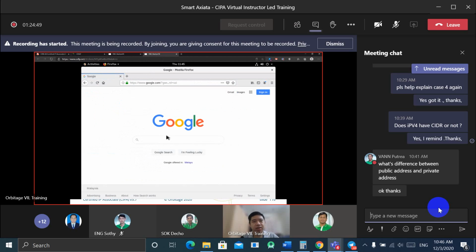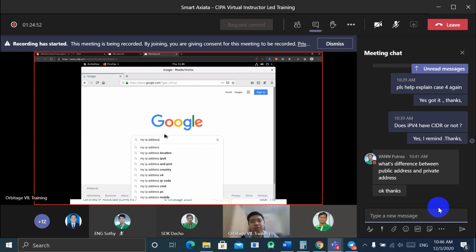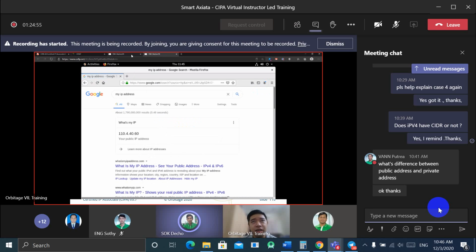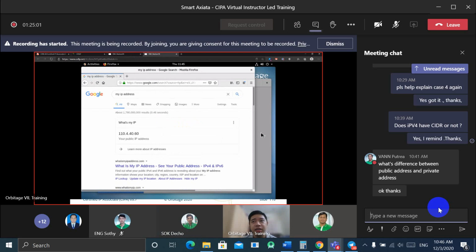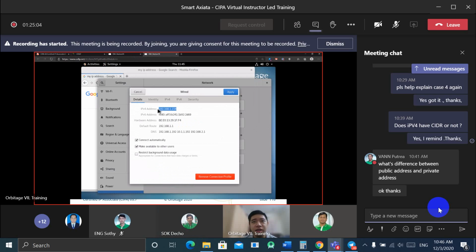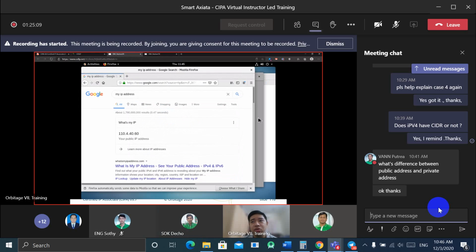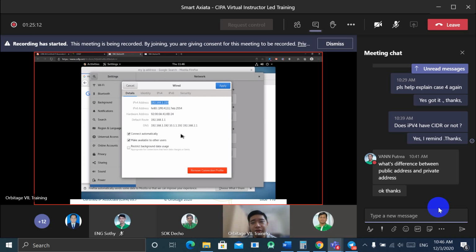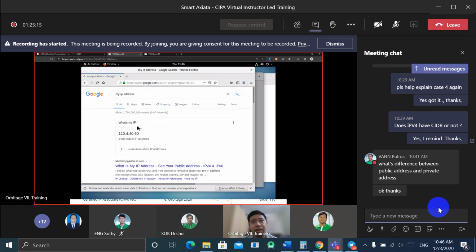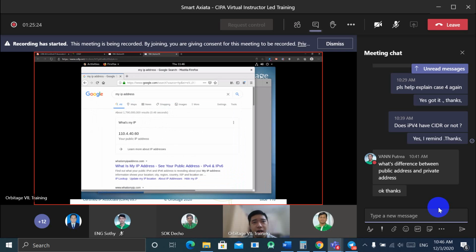You will see that even though both of these PCs are using a different private IP, this is 218 and this one is 220, the public IP is the same: 110.4.40.60. They are the same